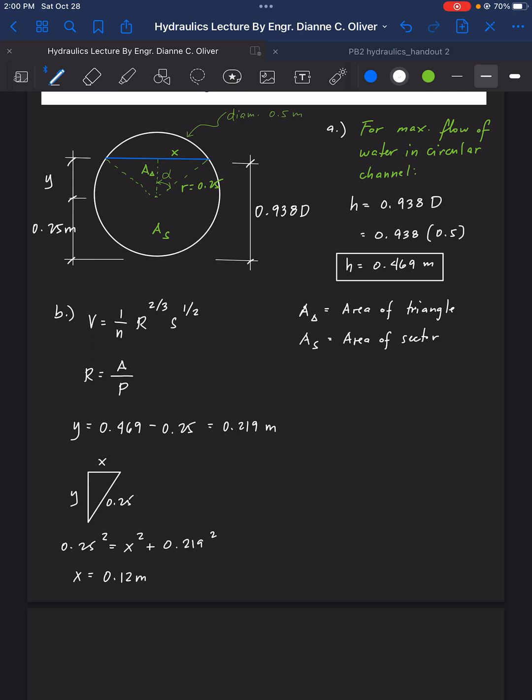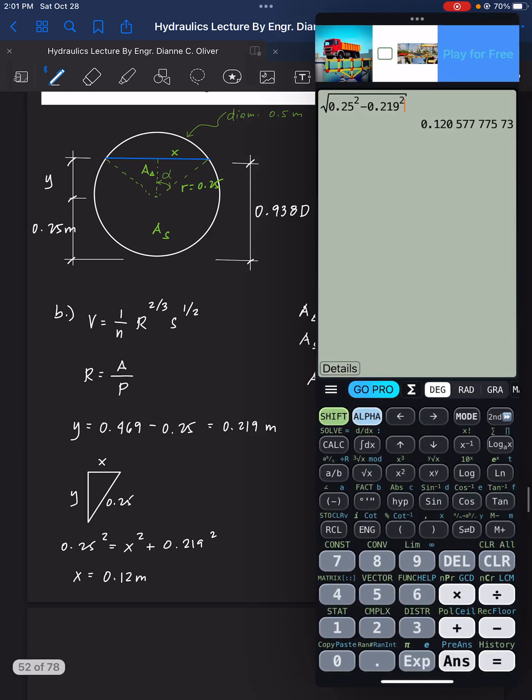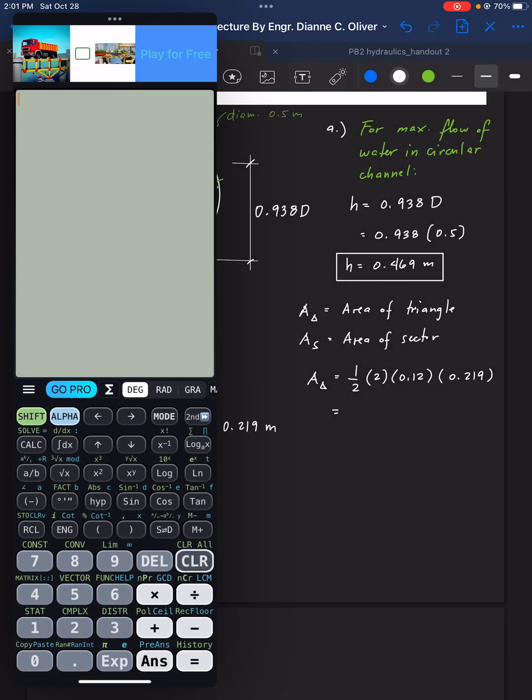Now for the area of the triangle, we can already get it as 1/2 base times height. The base is 0.12 (twice 0.12) and the height is the y, 0.219, and that is equal to 0.026